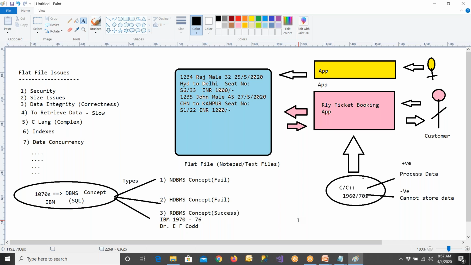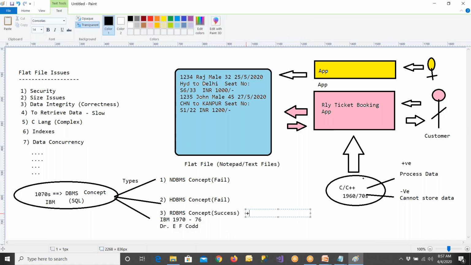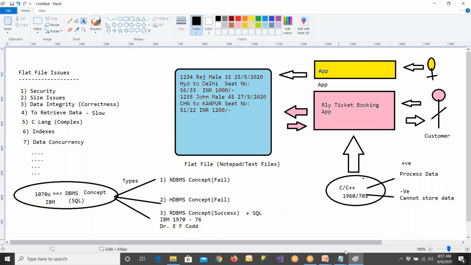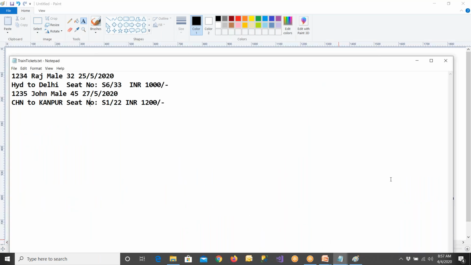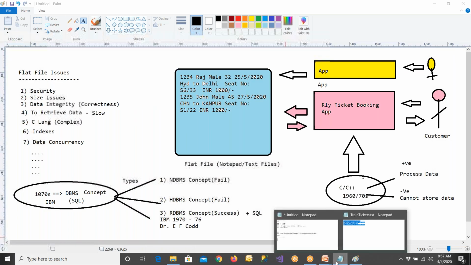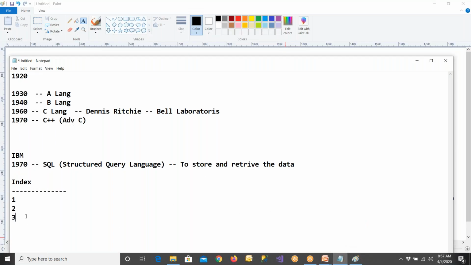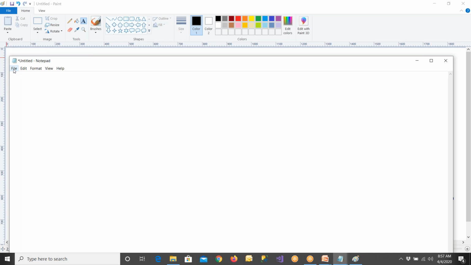Once the relational database management concept got created, people recommended using the SQL language to interact with RDBMS computers. Now people have invented RDBMS software, or tools. What are the tools? IBM gave DB2 software, which was the RDBMS software at that time. If you wanted to store the data, you would go in for this tool.